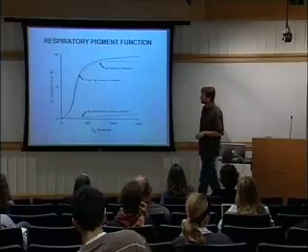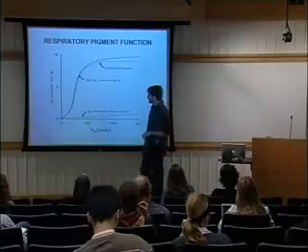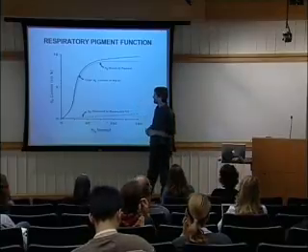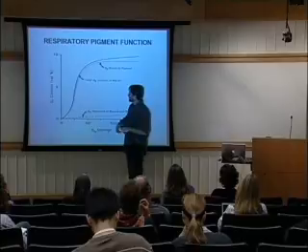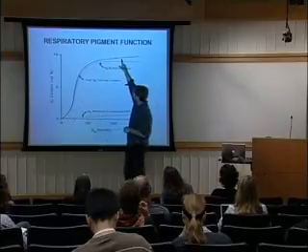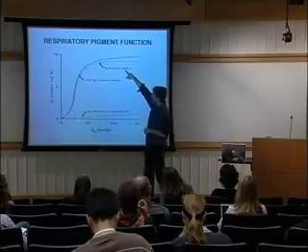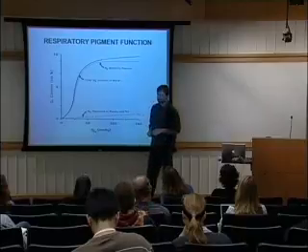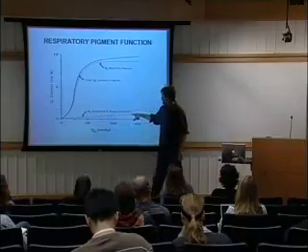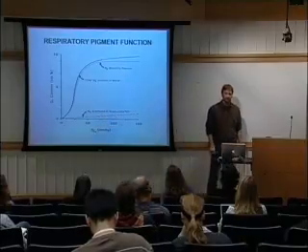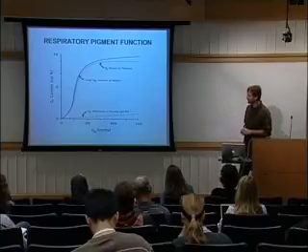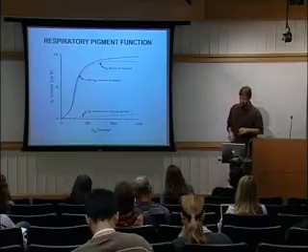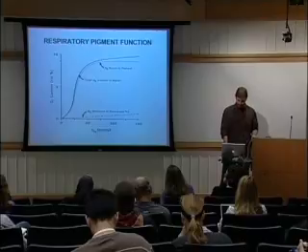And this just shows pretty much the same thing, that as you increase the partial pressure of oxygen, the oxygen content of the blood increases as you would expect, but the vast majority of that is actually bound to the pigment. This line here shows the amount actually dissolved in the plasma. There's very little oxygen actually dissolved in plasma. Most of it is bound to respiratory pigments.